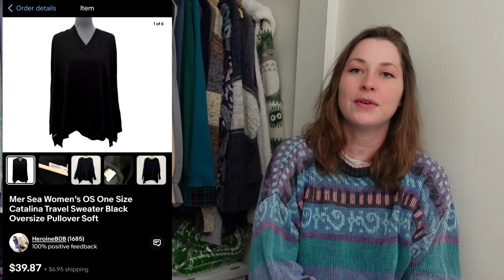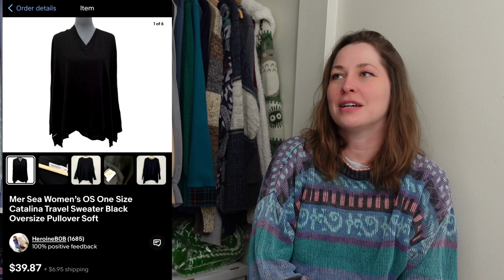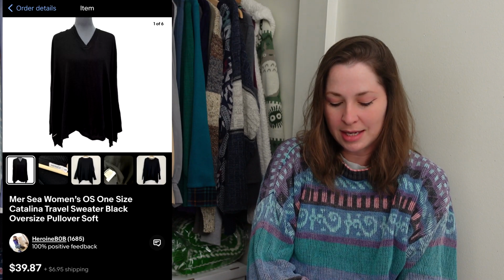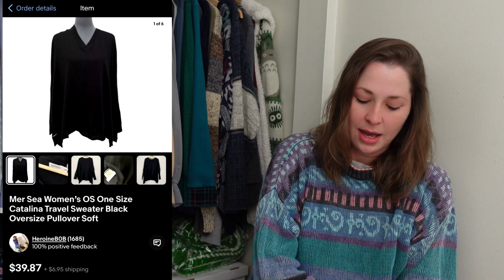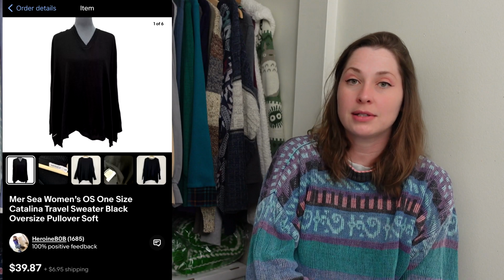This is another bins find, but it kind of sat in my death pile for a while, which, considering how fast it sold, was definitely a mistake. This is Merce. This is the only time I've found Merce. These Catalina travel sweaters sell like that. This is a one size fits most, and it sold literally within 48 hours of me listing it for my full asking price of